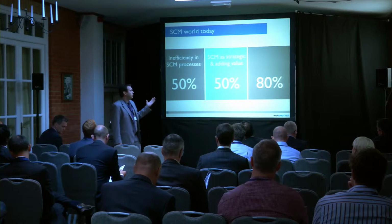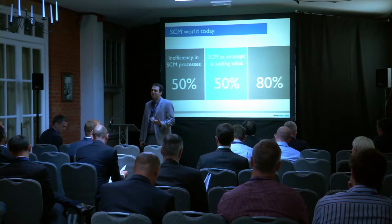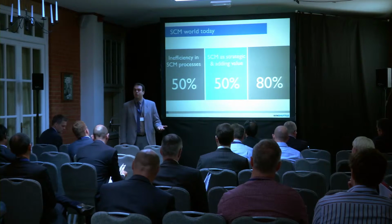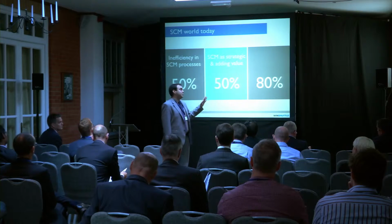At the same time, there is a new trend, and they were saying that the business was demanding supply chain not to be just a cost reduction activity, but an added value for the business, okay? That they have to become more strategic. So they have to reduce cost, they have to add more value, and this is the one that really captured